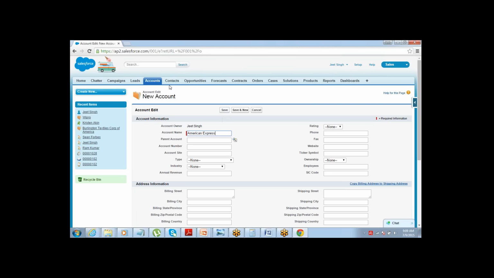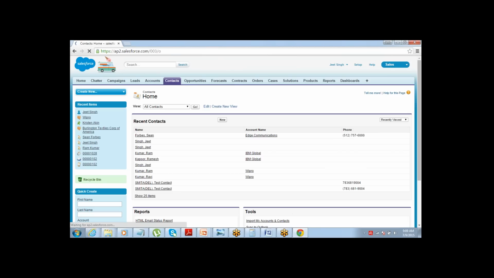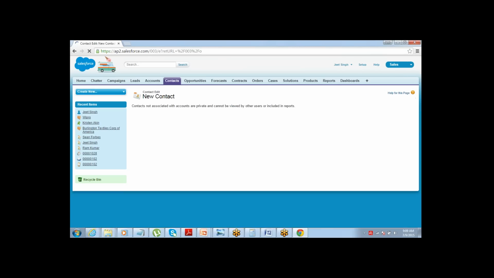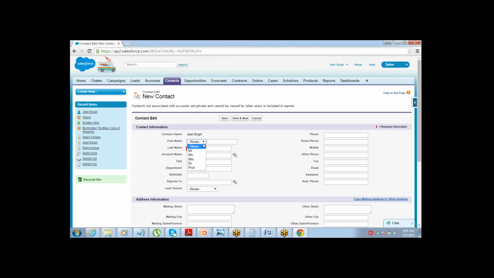So this account can be basically a client of yours. If you want to enter one contact's details, some person from your customer side, then you just enter the details here, right? So through the interface, we are entering one record at a time. If I have one account to enter, I go to the accounts tab. If I have one contact I want to enter, I go to the contact tab, and this is something very simple, right?